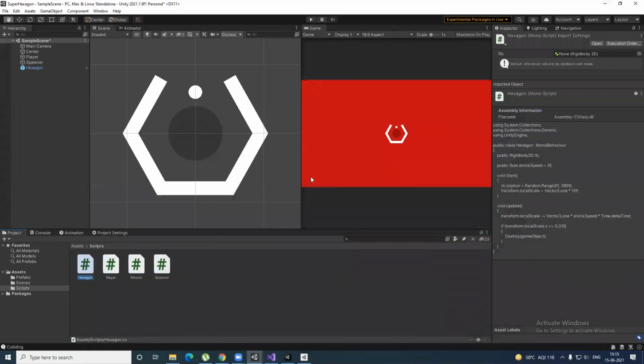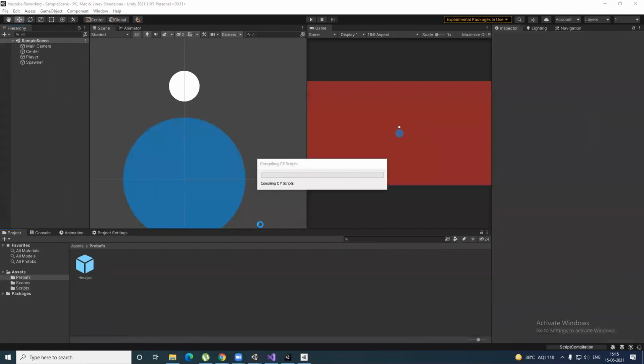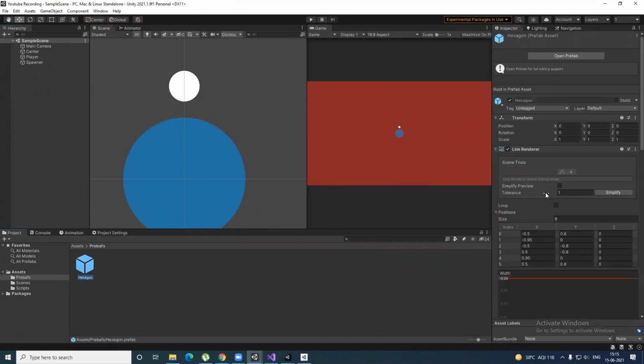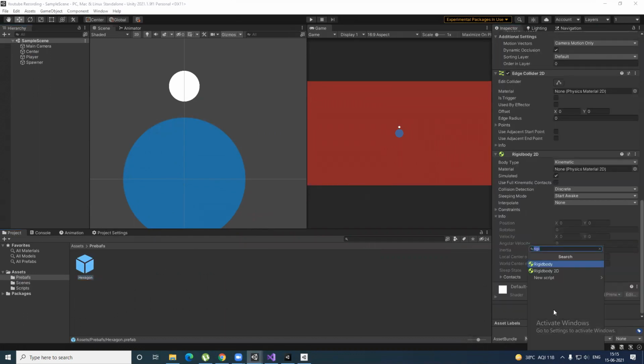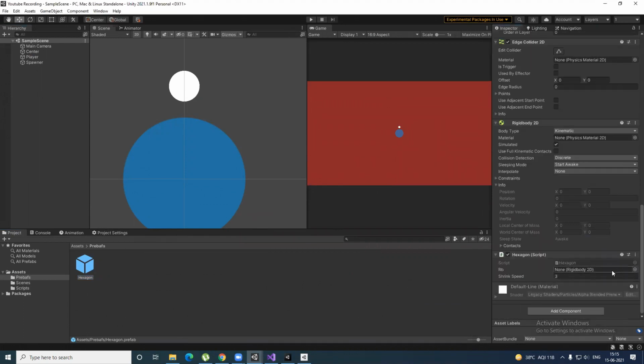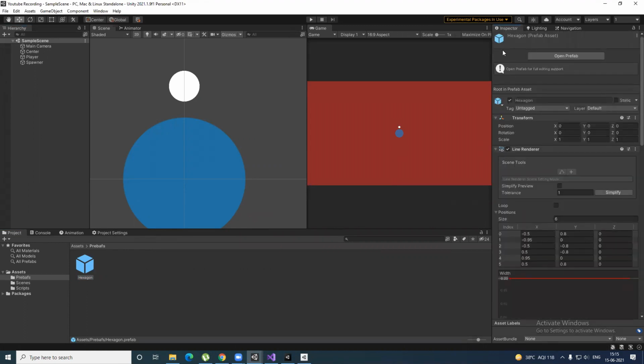So let's head back to Unity and wait for it to compile. In the hexagon, we're going to add the component, the script that we just made, the hexagon script. Now it is asking for the rigidbody, so we have to drag and drop the Rigidbody 2D, which was attached to the hexagon.